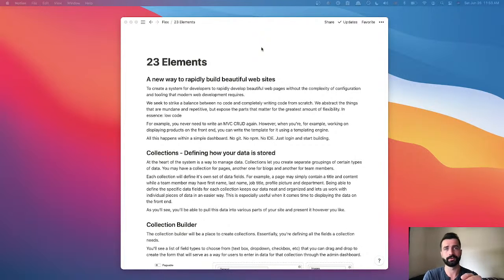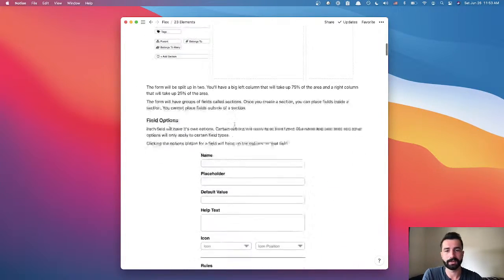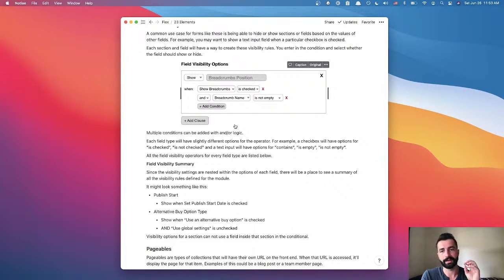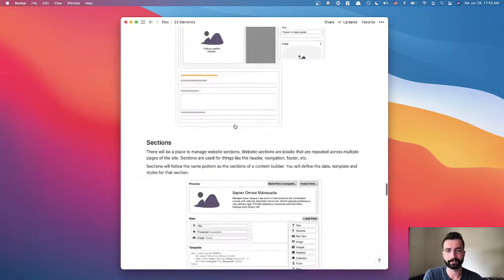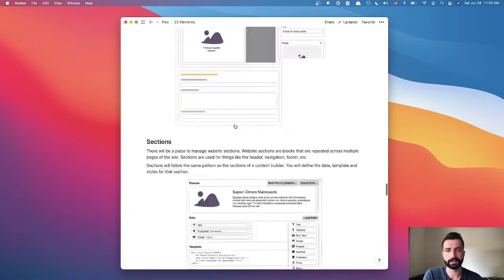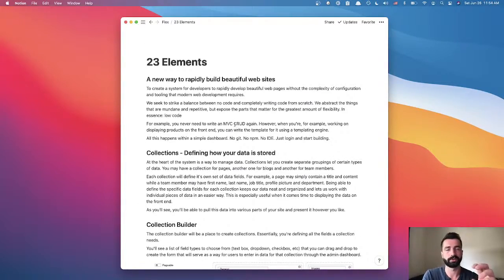And what I did is, from all my notes and from all my ideas, I decided to write up almost like a concept of what it is that I'm trying to build. So this is going to help drive my design and implementation. So I wanted to take a moment and go through some of the big features that I'm looking to build and what it is exactly that this app or system is looking to do.